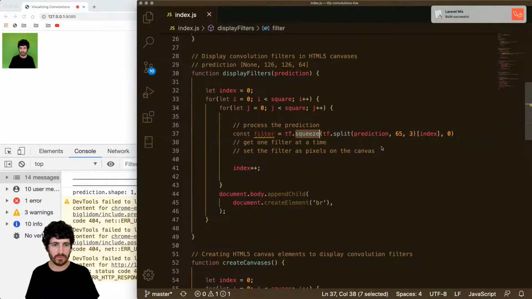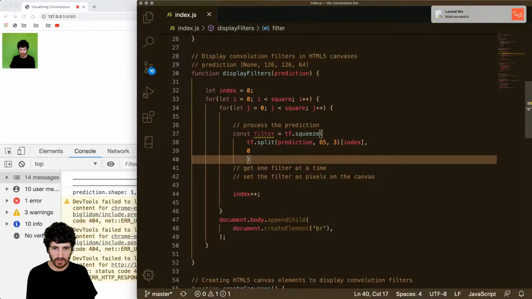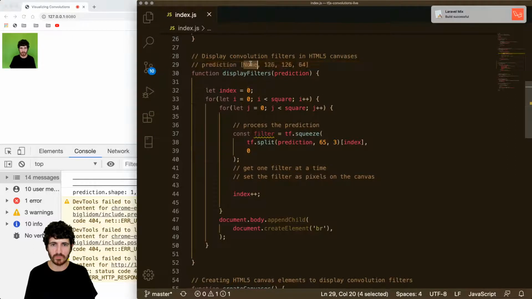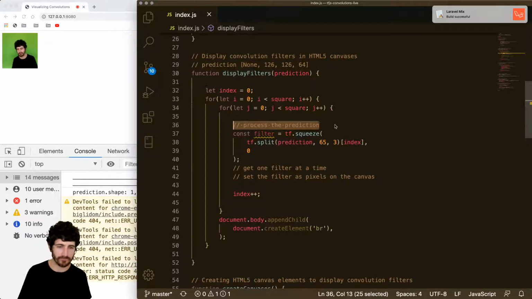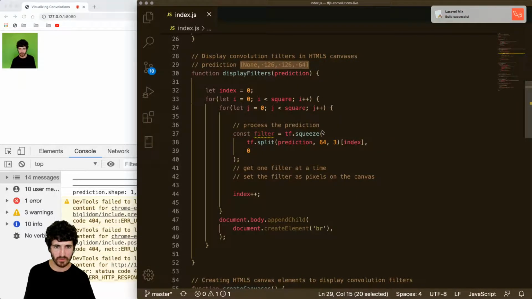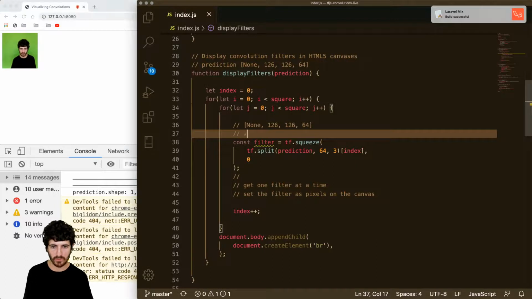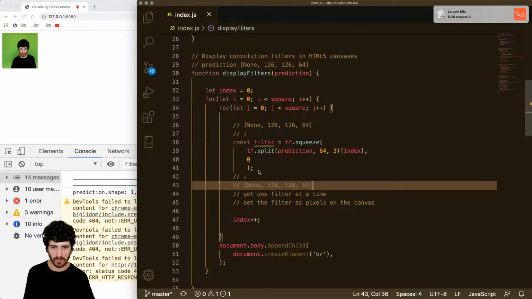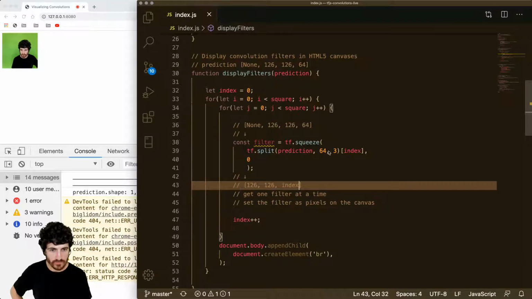So what this is doing, TF squeeze is removing the first dimension. So we're removing this one. So right now here we have this is 64. So we had this here, and we get, let's say, and we're gonna get here this, right? Whatever index we have. What we want to do now is,